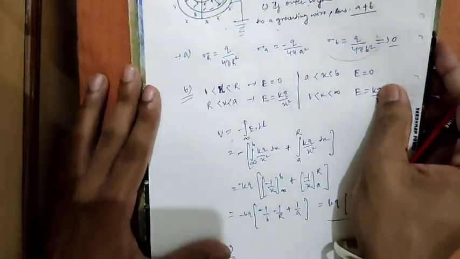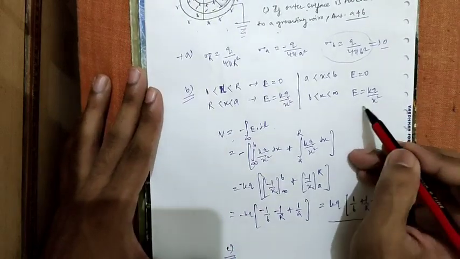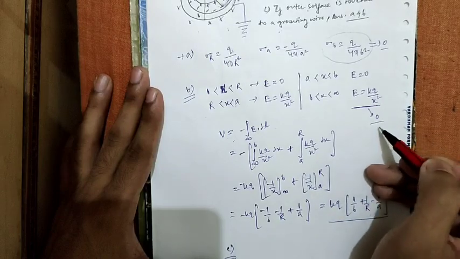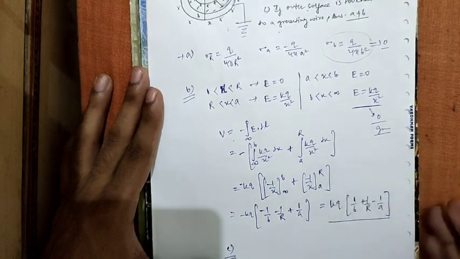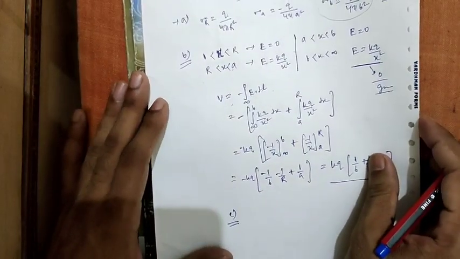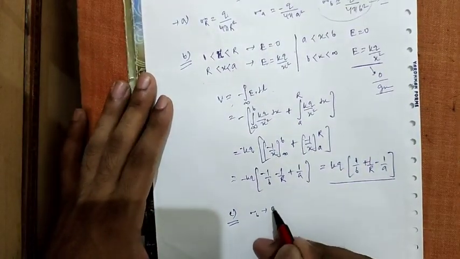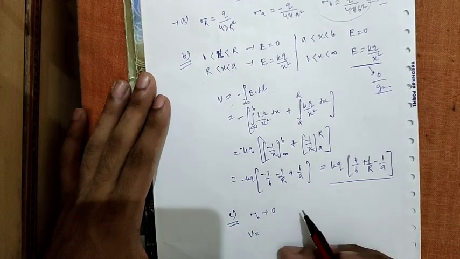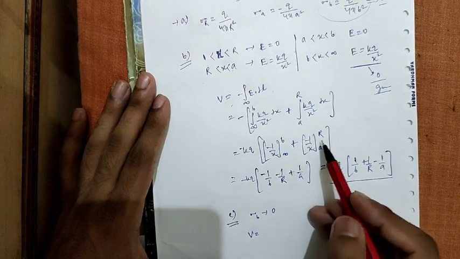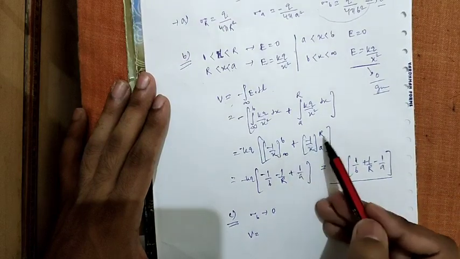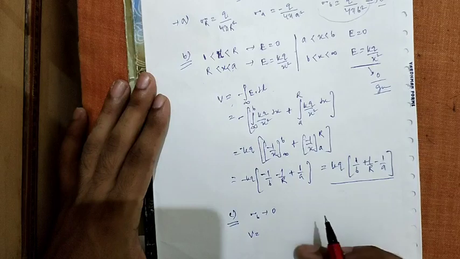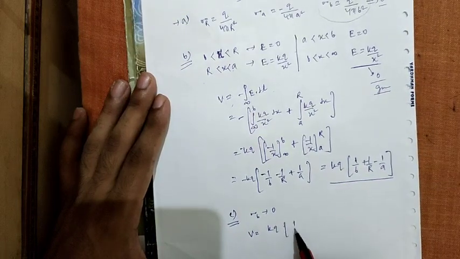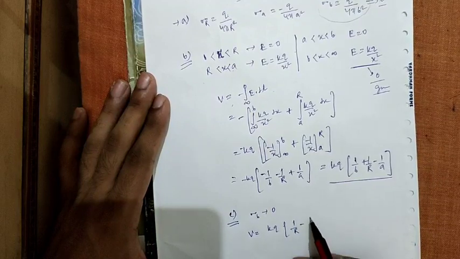Now in that case, the electric field will become 0 in the case of a grounding wire. So considering all these things, sigma B tends to 0 under condition C, and if I only consider this case, then the potential will be, with no presence of this one, kq (1/r minus 1/a).